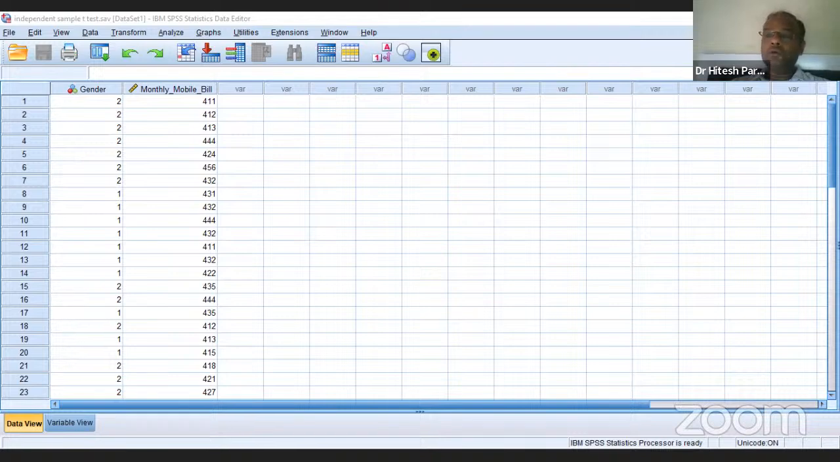But then how do you take this decision whether to reject or not to reject? So that depends upon the p-value. SPSS will give us the p-value, and on the basis of the p-value, we need